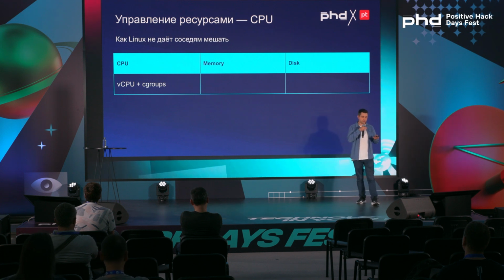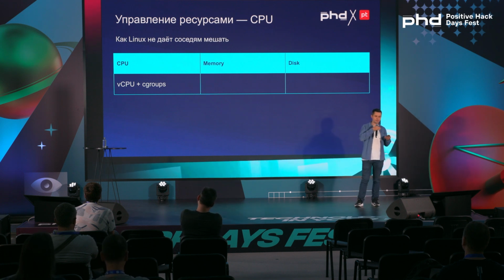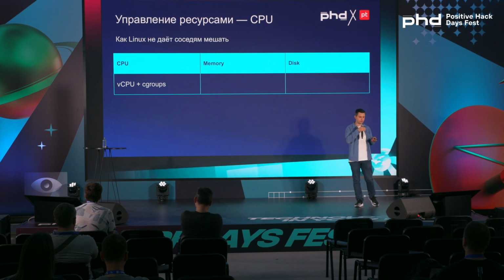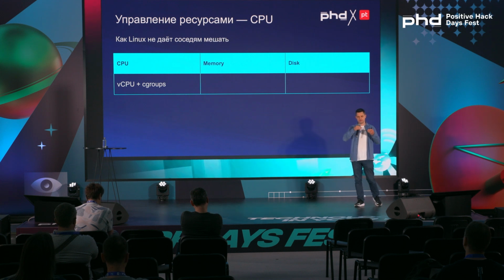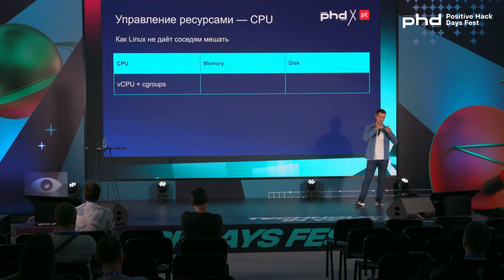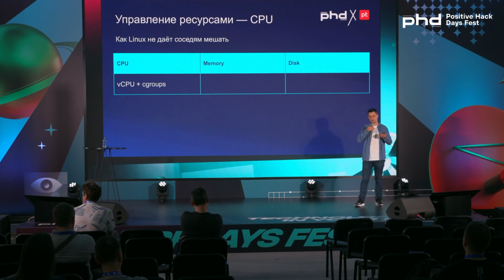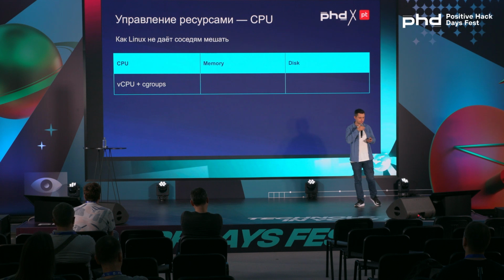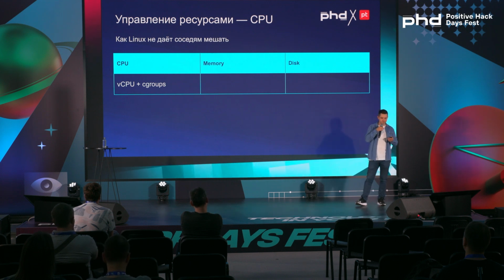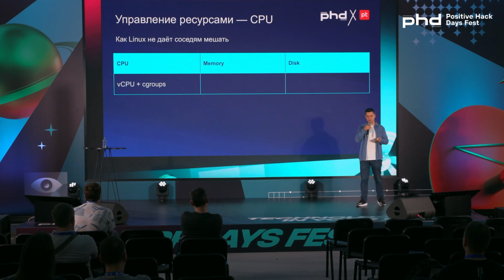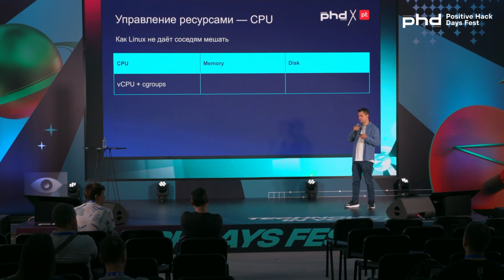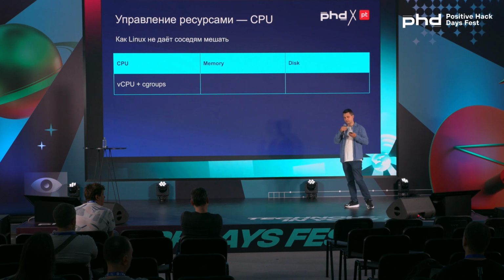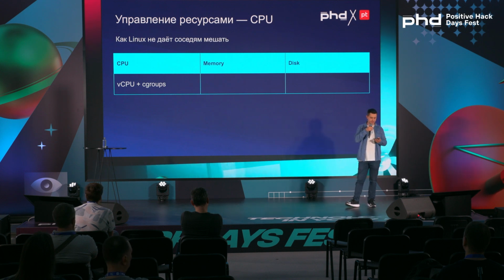Begin with the processor. When a user creates a virtual machine, they set a certain number of virtual kernels, vCPU. The number of vCPU means how many operations in parallel a virtual machine can perform. A limit of vCPU would be the upper threshold of how many resources a processor can consume. But what if a virtual machine has just one virtual kernel and it's loaded 100%? Then the platform has to make sure that it would not consume more resources than it would be allowed for